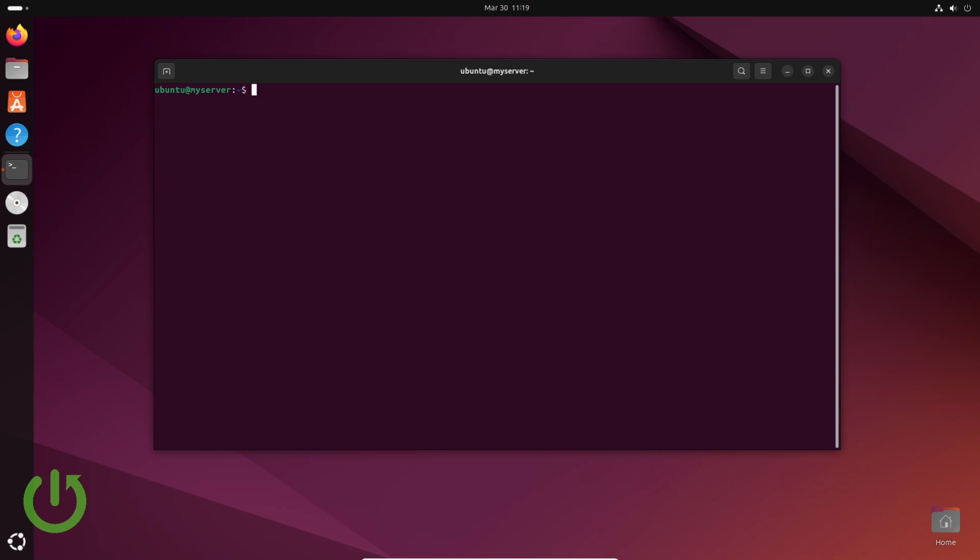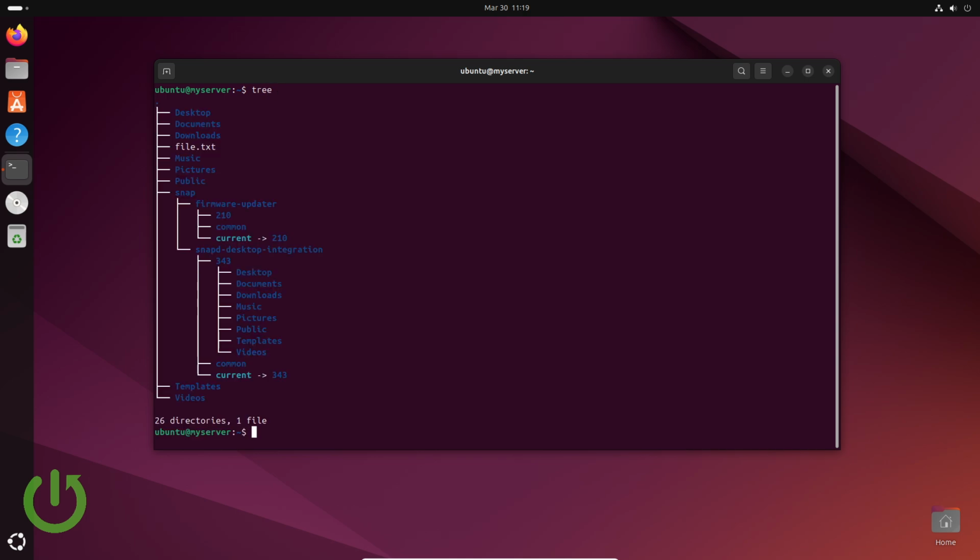To open it, we have to type in just tree. This is the most basic usage of this tool. As you can see, we have our folders and our files, 26 directories and one file. We have a snap folder. Inside the snap folder, we have a folder called firmware updater. Inside this firmware updater, we have, for example, the folder common. So, as I said before, we call this tool tree because the output looks a little bit like a